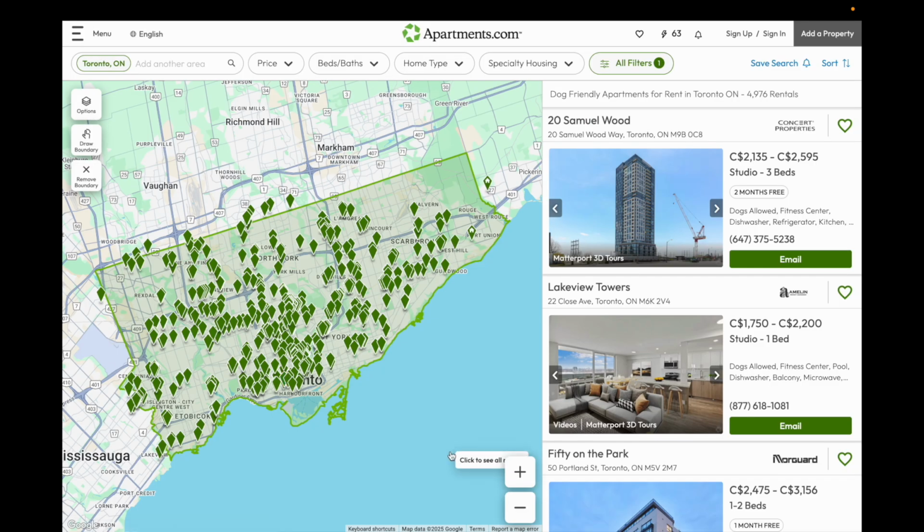Now all the listings that you're going to be seeing actually do allow dogs, so very, very simple, very straightforward. This is how to find